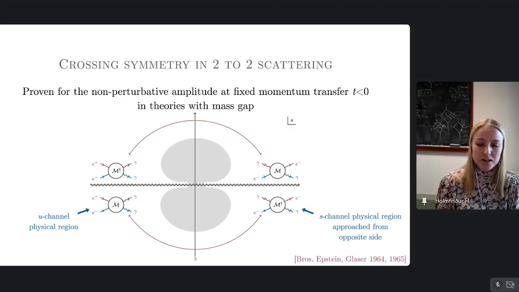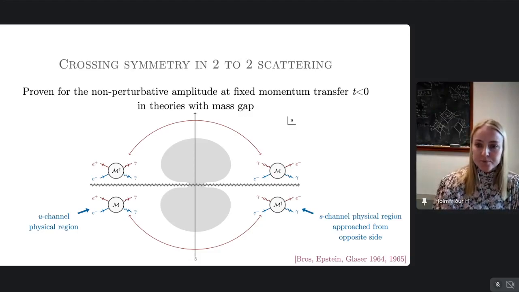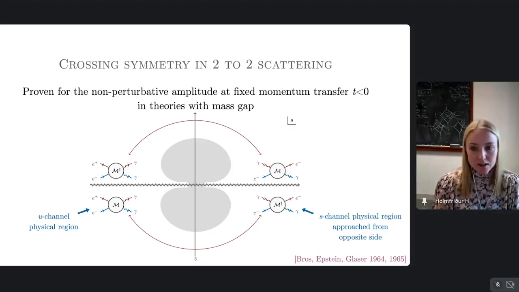Yeah. But that's an excellent question, and that's an important point, that we're always restricting to these slightly complex values. So we're not crossing the real axis just because we don't have a good handle on what happens. But one knows that there is the jump given by the imaginary part there. Absolutely, but then it would not be an analytic continuation. No, then it would be a jump. Exactly.